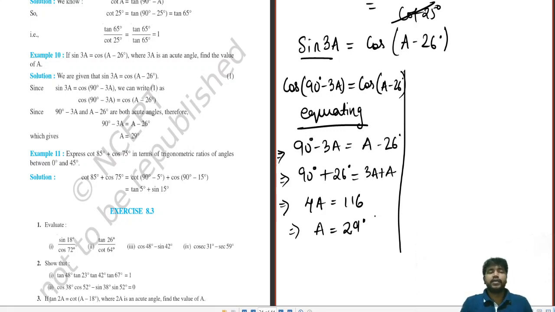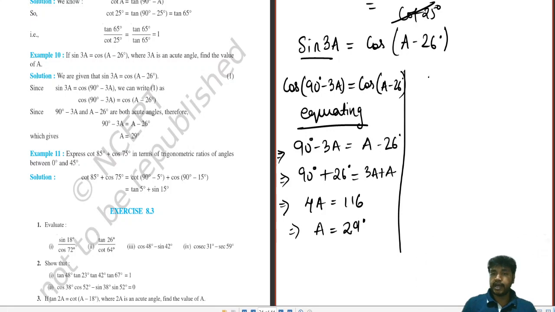Obviously, after equating, the part that follows is a linear equation. And I think you all know linear equations because they were in your class 7 and 8. After the introduction of algebra, this part came into the picture. So I will not be explaining how a linear equation is solved. That will be in the video of class 7, so you have to look into the class 7 video to know about it.